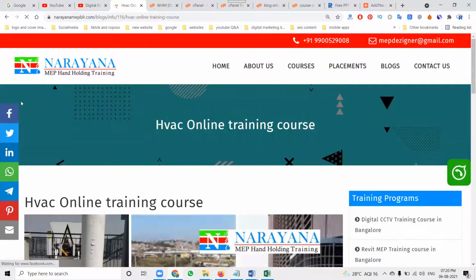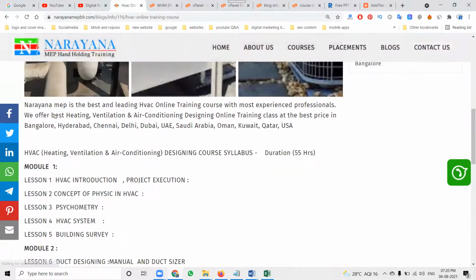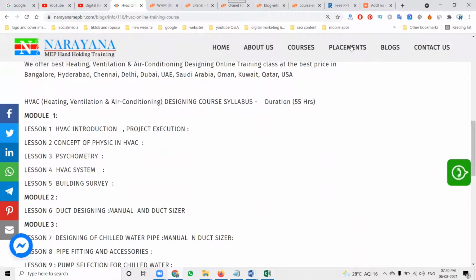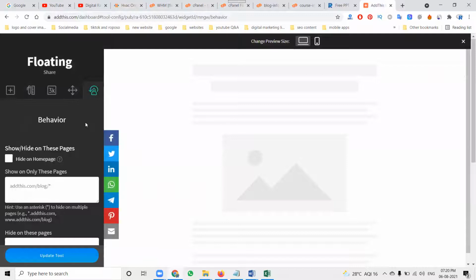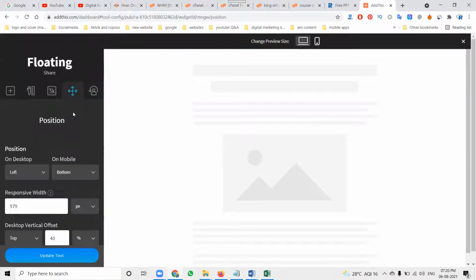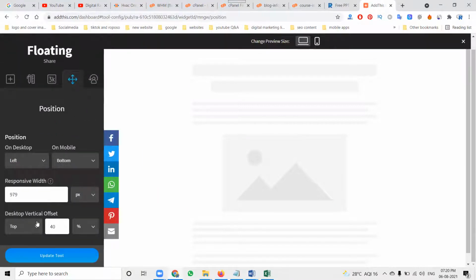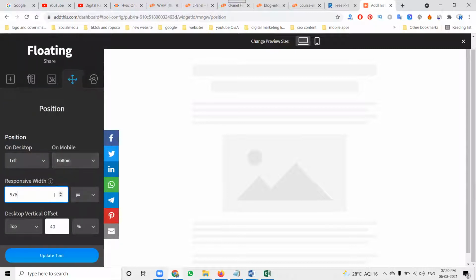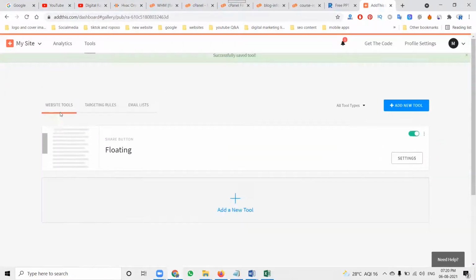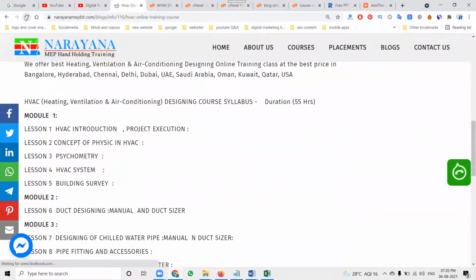A little bit going down. So this is the pattern to follow for the settings also. Whatever settings you need, we can add the particular settings option here. Top to here, bottom to here. Every option, responsive width 979. So we can go with 800, updated. Now refresh.